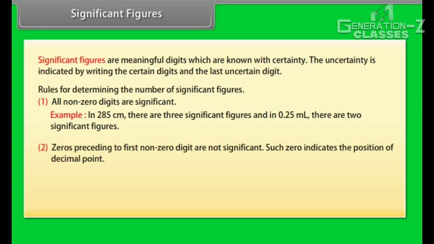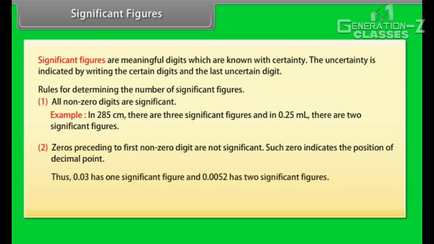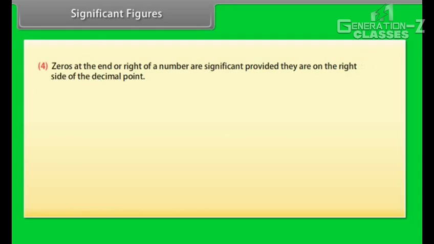Zeros preceding the first non-zero digit are not significant. Such zeros indicate the position of the decimal point. Thus, 0.03 has 1 significant figure and 0.0052 has 2 significant figures. Zeros between 2 non-zero digits are significant figures. Zeros at the end or right of a number are significant provided they are on the right side of the decimal point. Example: